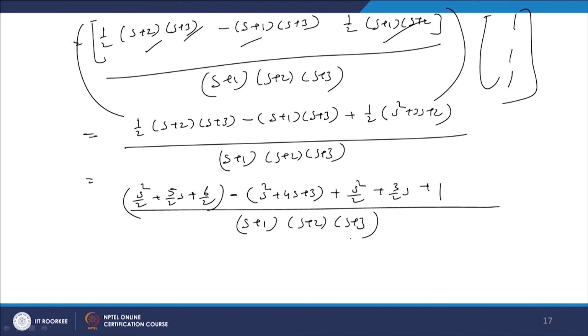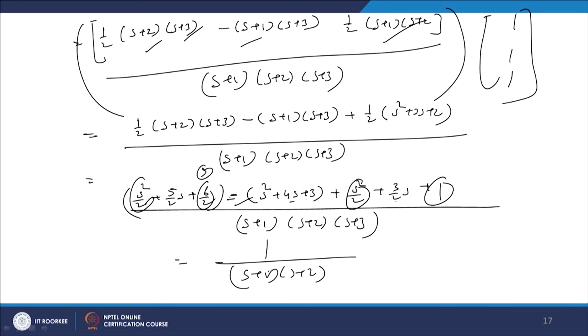Now you just see here, this S square plus 2, this S square plus 2 by 2 becomes S square, and this cancels with minus S square. Then just see here, this is 3 by 2 S, then here 5 by 2 S, so 3 by 2 S plus 5 by 2 S equals 4S, and 4S is subtracted with minus 4S, it becomes 0. And lastly, this is 6 by 2, that is 3, and minus 3, so 3 minus 3 cancels and becomes 0. Finally we got 1 upon S plus 1, S plus 2, S plus 3,